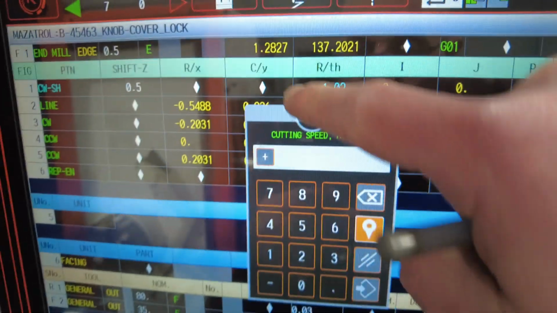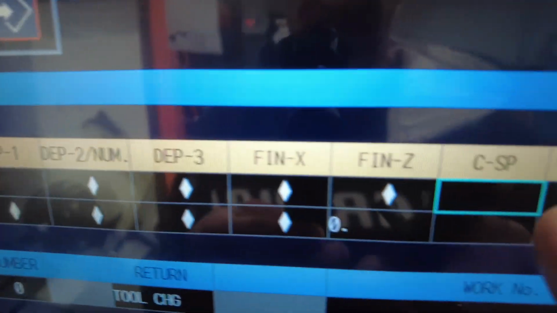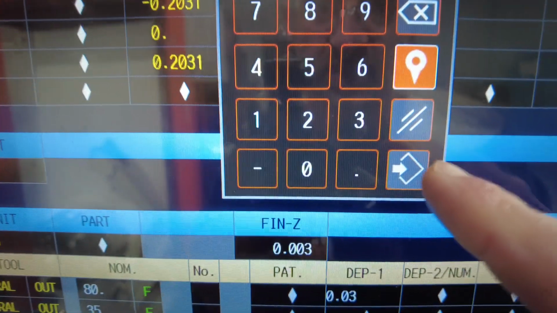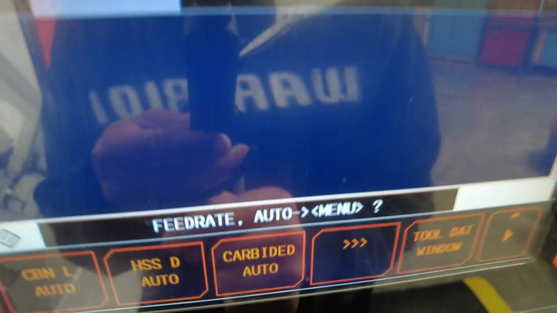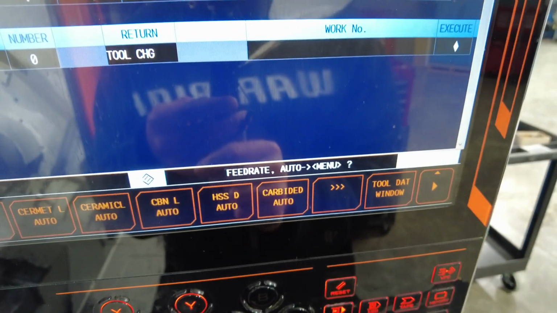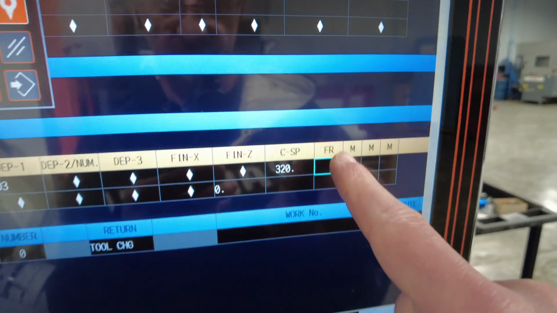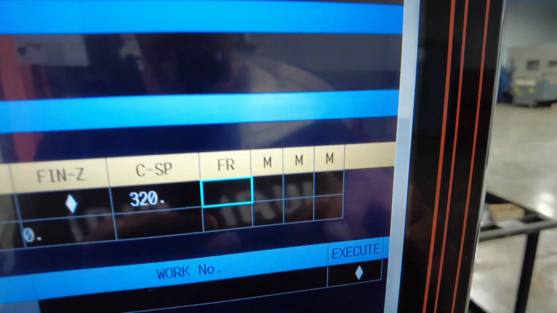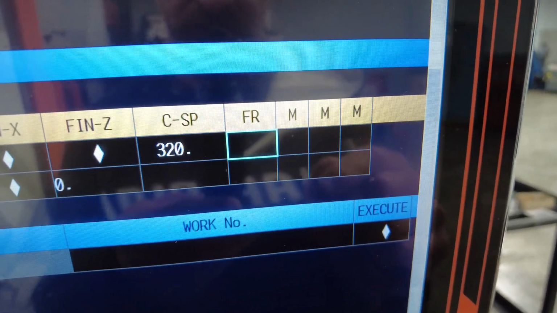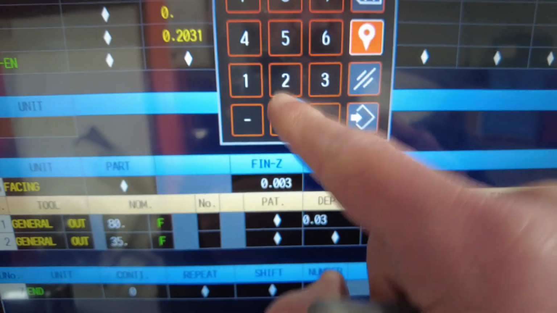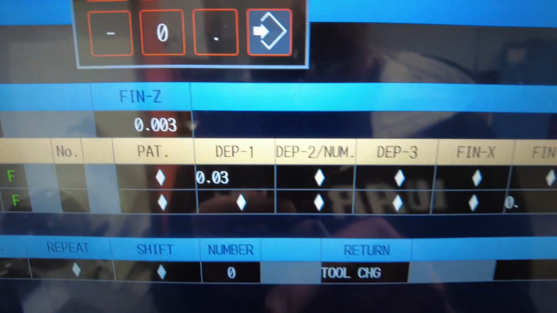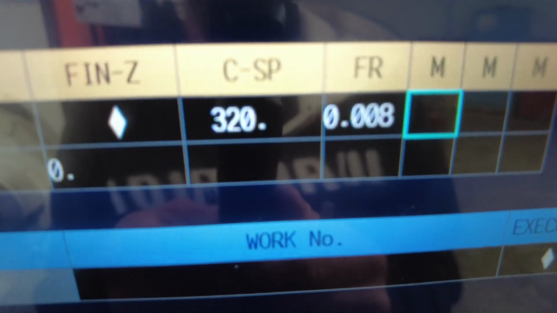Let's drag this out here. Now surface speed. So surface speed, 320. Okay, then you have a feed rate. Let me see if I can get you a better look. Okay, so we have a feed rate under the FR. Here's a closer look. Okay, feed rate, let's call it 8,000. Okay, so we have 320 speed,